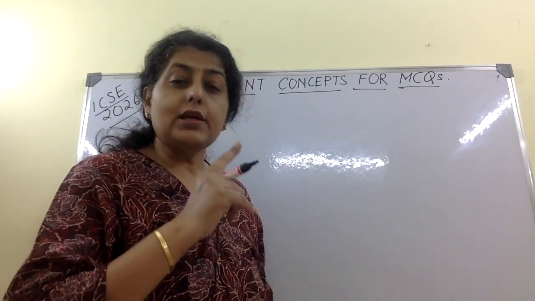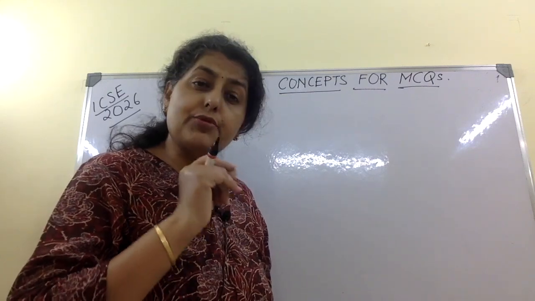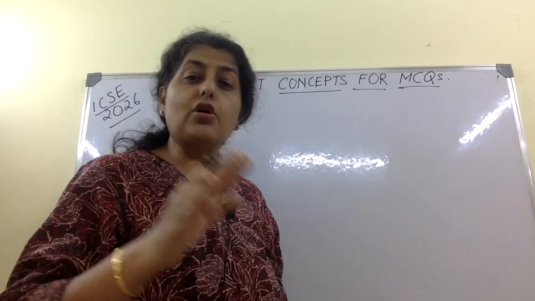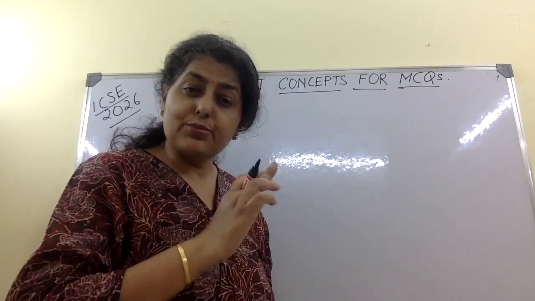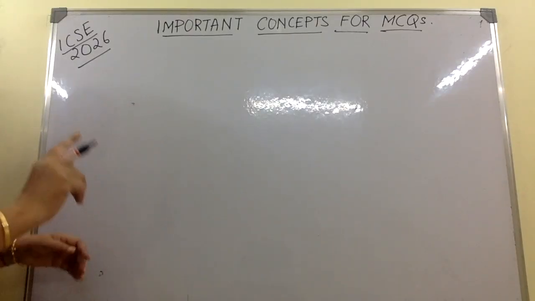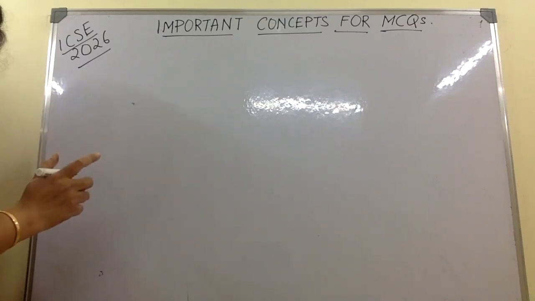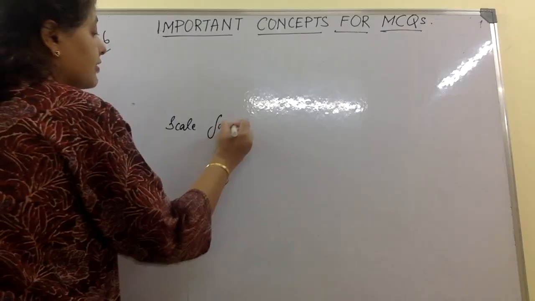Okay, so quickly go through these points and make a note of them, because these are the points where you always go wrong. I think 60 to 70% of the students go wrong at these points, so please note them down. Let's start. So here firstly we will talk about scale factor questions. Okay, scale factor, where does it come? Scale factor questions come in